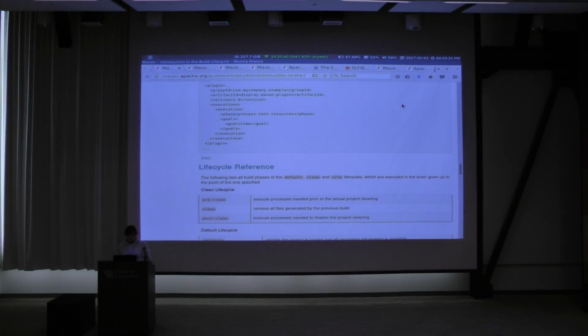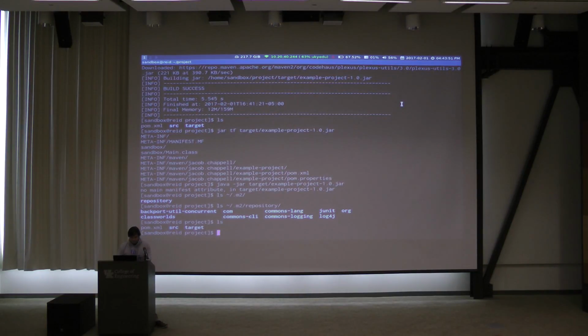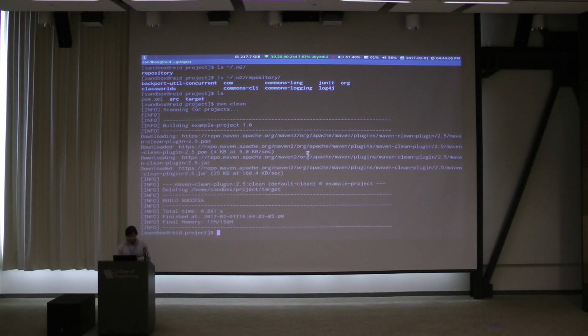Now, Maven has this concept of a life cycle. So there are 3 life cycles by default. They're called clean, default, and site. And essentially, it's just a structure to allow plugins to hook in. So, for instance, let's do a clean real quick. I'll show you this by example. If I do Maven clean, what that's doing is it's saying there's a life cycle called clean. I want you to call that life cycle and do whatever it says do. So what it's going to do is actually delete, well, it had to download the clean plugin first. And now it's going to delete the target folder, which it did right there.